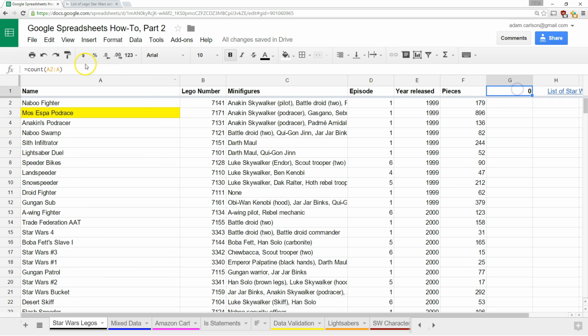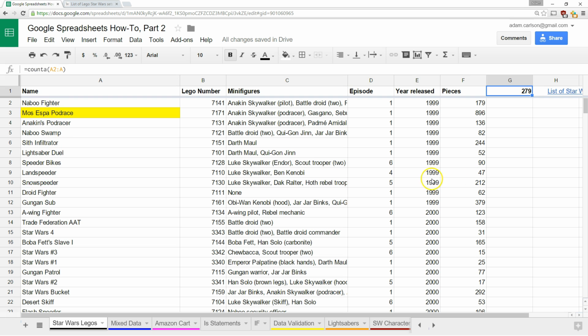To do that, we're going to try a different function. We're going to use equal sign count A. This is basically going to count and see how many things I actually have in this set of data total. So if I try A2 to A, it's going to come back with 279, because now it's saying there are 279 actual entries in here. If I was to delete one, that number would change to reflect it. So count A is not looking for numbers, it's looking for any cell that's